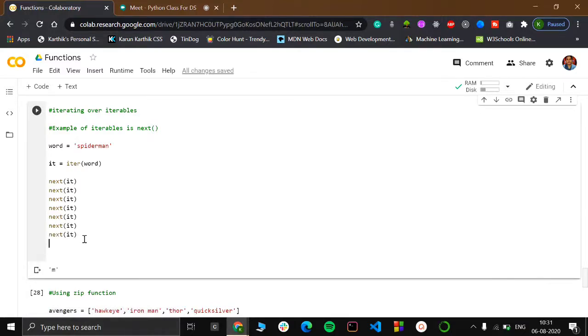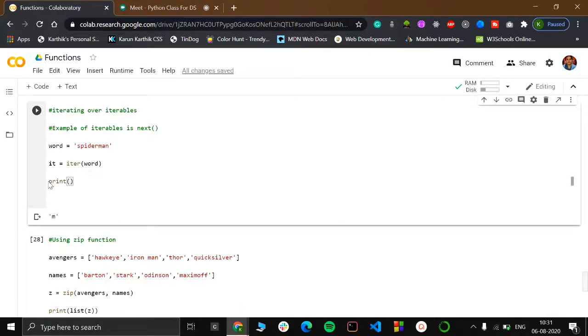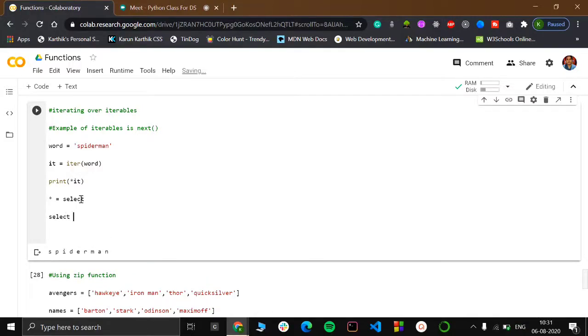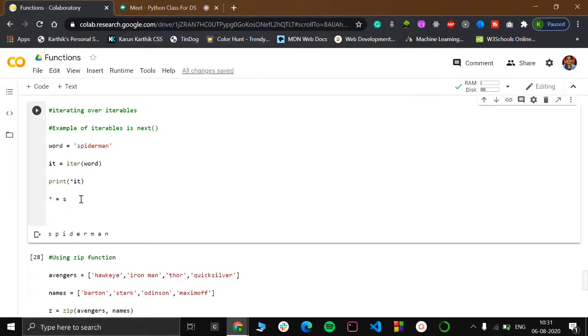So instead of this whole thing, let's say I want to print this. I have told you this, right? This star means select all. When you go into SQL or something like that, you would be using select star from table. We would be using these types of queries there. So select star means you want to select everything which is there. So here, since I have done next of it,